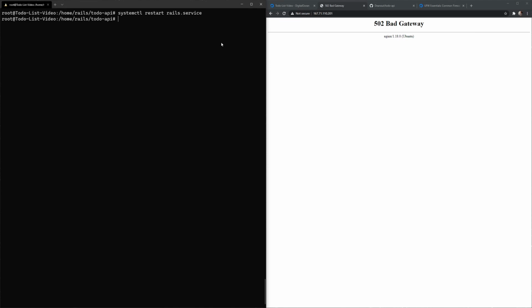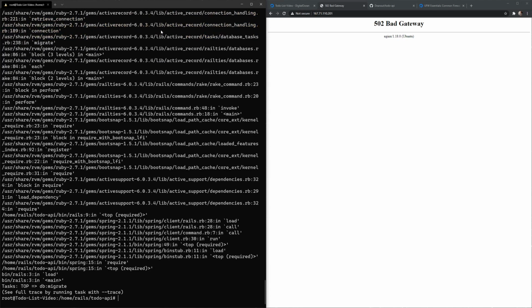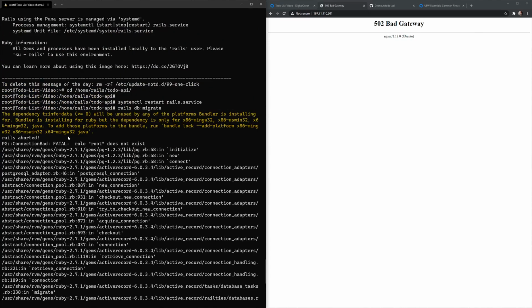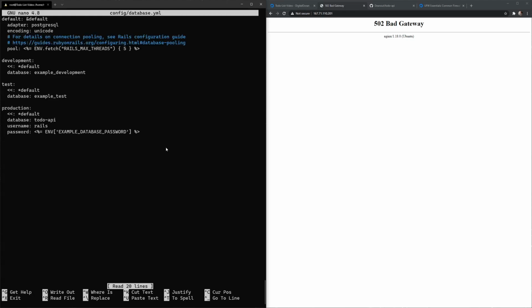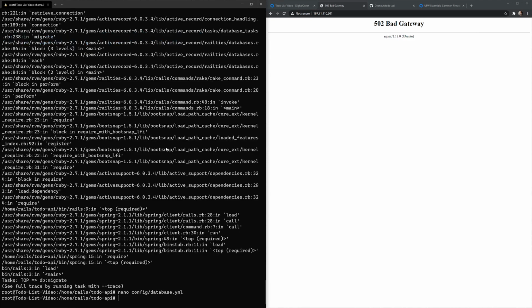We have a 502 error. So what could the 502 error be? Well, off the top of my head, the most obvious answer is the server might not be running in production. So let's try a Rails db:migrate command to create a development database. And it looks like root does not exist. So let me just nano config/database. Just check in here. Our development looks like it's using example development as database. It's not looking for a user, so maybe we need to do a Rails env equals development Rails db: